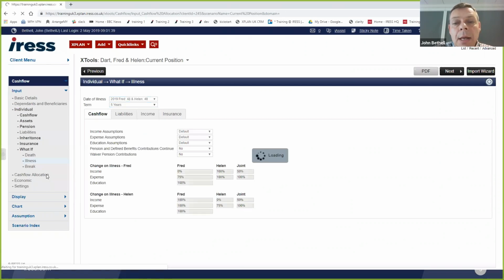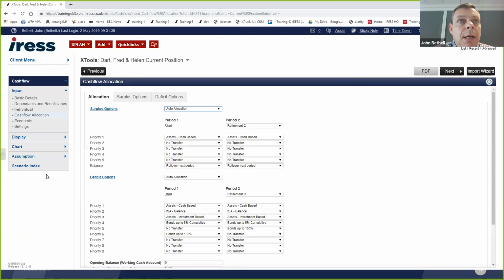Let's move on then and look at the cash flow allocation. And within the cash flow allocation, what this really is, to me, is the financial planning benefit of this tool. There's a load of compliance benefits to this tool and a load of projection benefits. But for me, this is the strength of the tool. It's saying, if the client has spare money each year, what do they do with it? Now, my experience tells me they do one or two things if they haven't had advice. They either spend it or they save it, say on deposit.